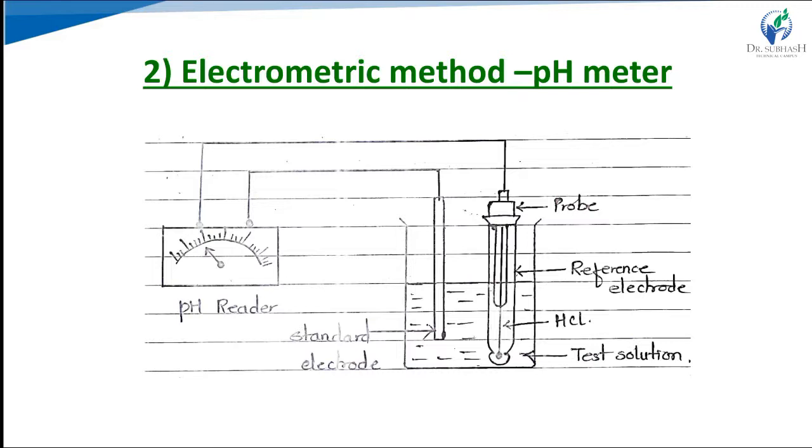So the pH meter is composed of a probe, which is formed by two electrodes. This probe passes electrical signals to a meter, so these are digital pH meters. The meter displays the reading in pH units. The measuring and reference electrodes together form an electrolytic cell, as we can see in the figure. The voltage difference occurs due to the difference in electron mobility produced by the two electrodes, then the net voltage is recorded and calibrated as a function of the pH of the solution.